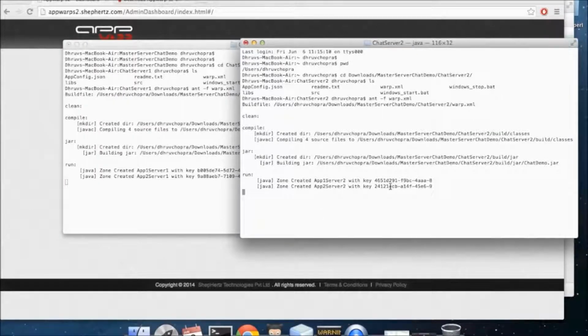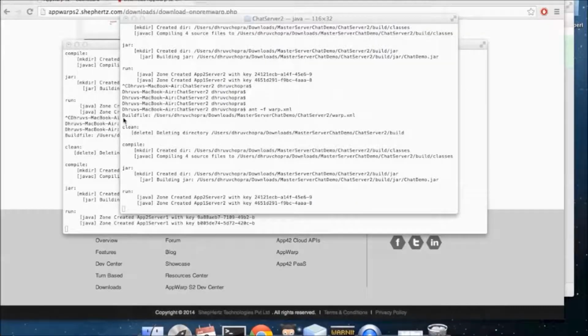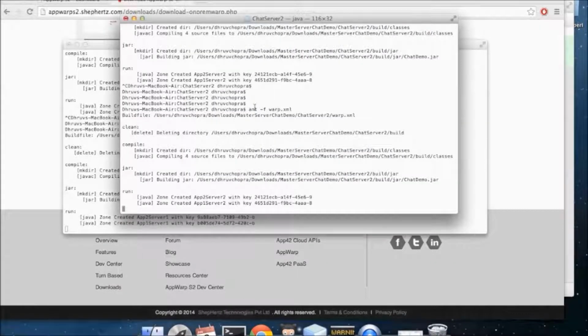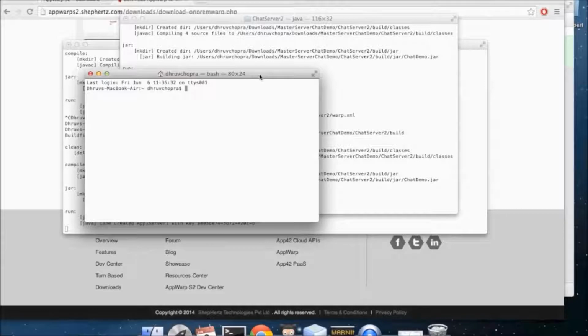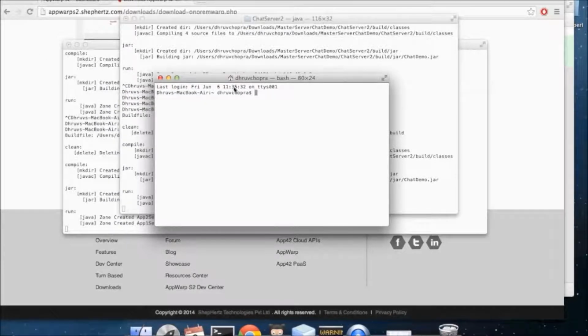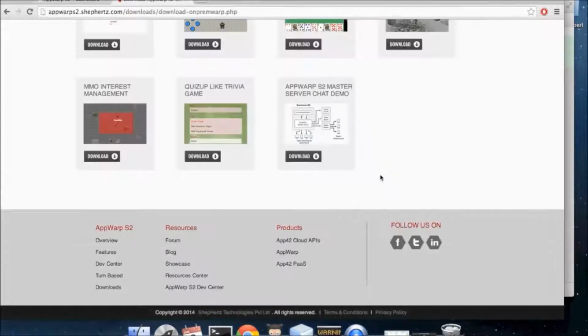So great, now we can run a master server which will run in front of them, and the client application that I'll show shortly will connect to the master and then will be presented with an option of all of these 4 zones that we've created. So let's see how that plays out. So first let's start the master server. We'll just browse to that directory of my downloaded file.